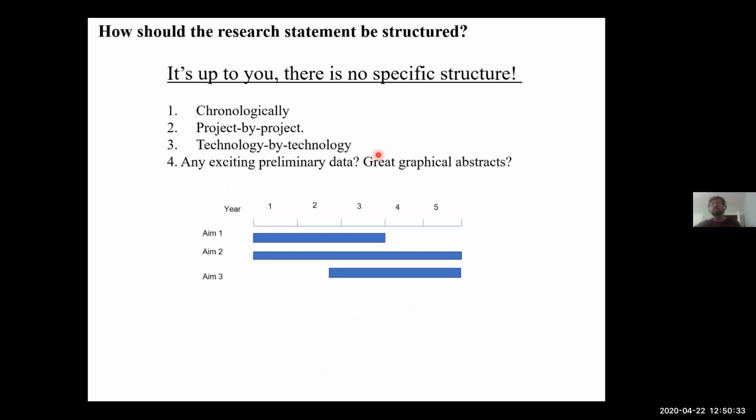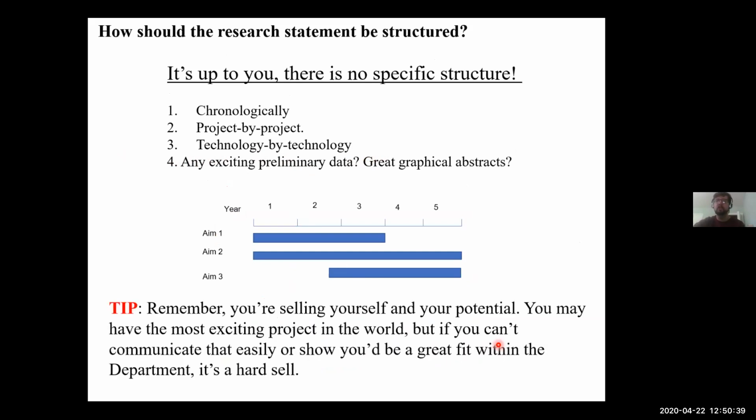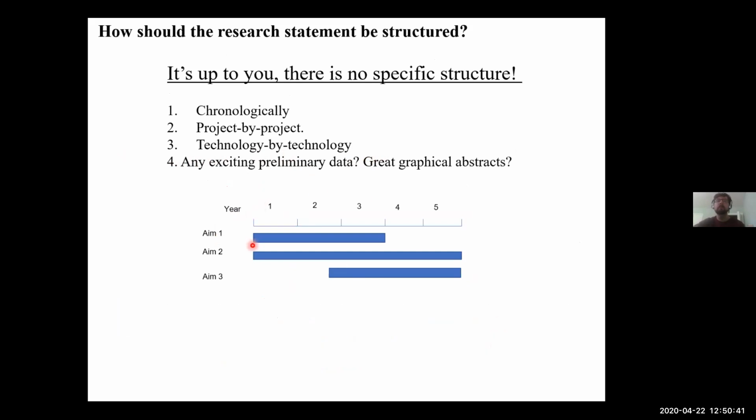Another thing too is a timeline. This is a really basic bare bones timeline I pulled from one of my grants, but it gives you an appreciation for, I'm thinking project 1 in the first couple of years until I get tenure, or project 2 is really going to take me until tenure. Project 3 is going to take a little bit of time to get up and running,